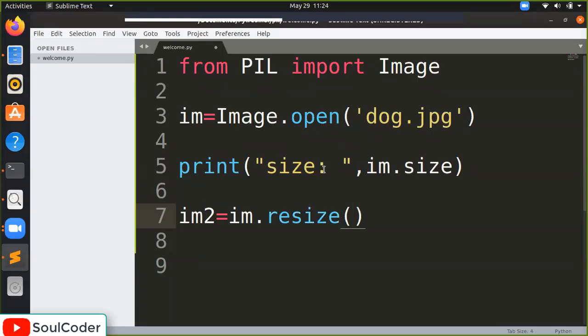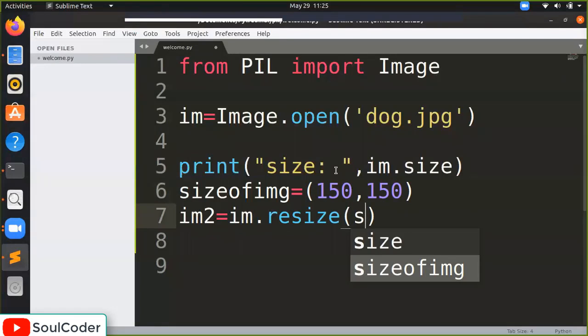And how will I resize? Do you remember last time we studied the tuple? The parameter we need right now is a tuple for the size of the image. For example, I am writing size_of_img, and I am going to give a tuple, 150 by 150, and I am going to pass the size of the image here.